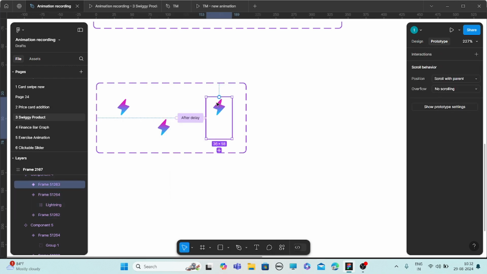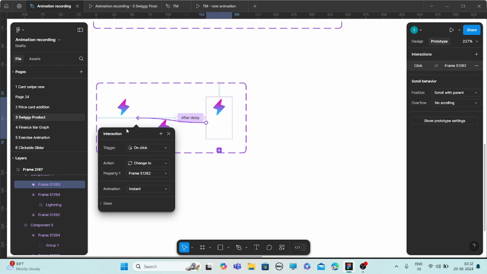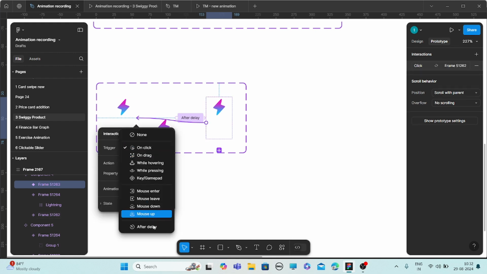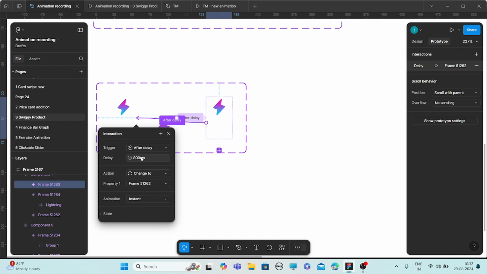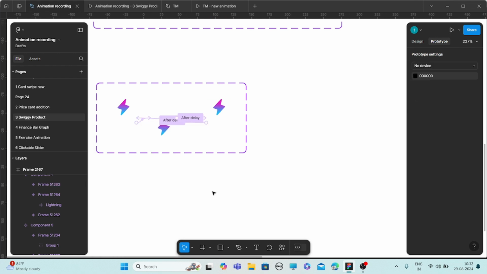Okay, now for this we'll connect it to the first one. After delay of 500, here we'll change to smart animate, bouncy, and then 300.